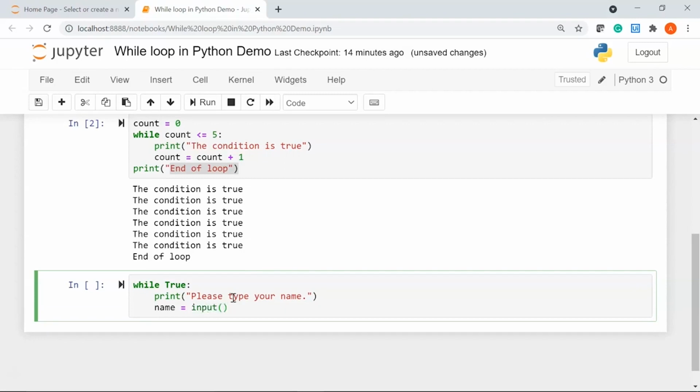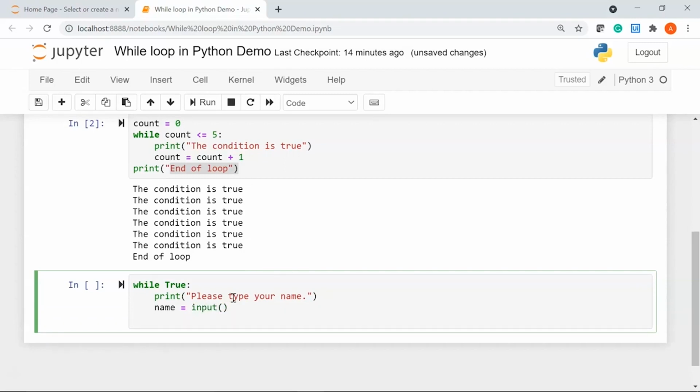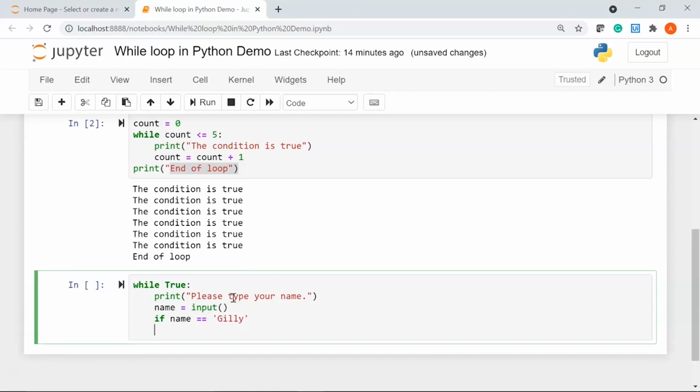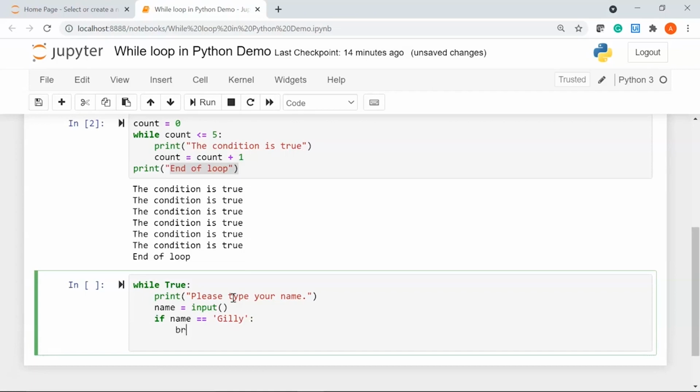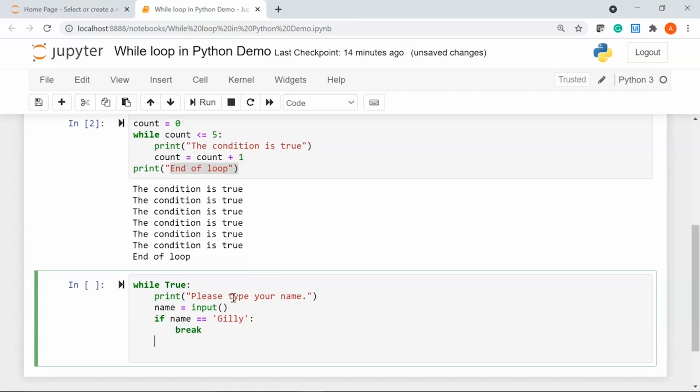So I am specifying the input function. I'm going to check if my name is equal to let's say Gilly. Then I should give a colon here. I'll break out of the loop and then will print thank you, you typed the correct name.